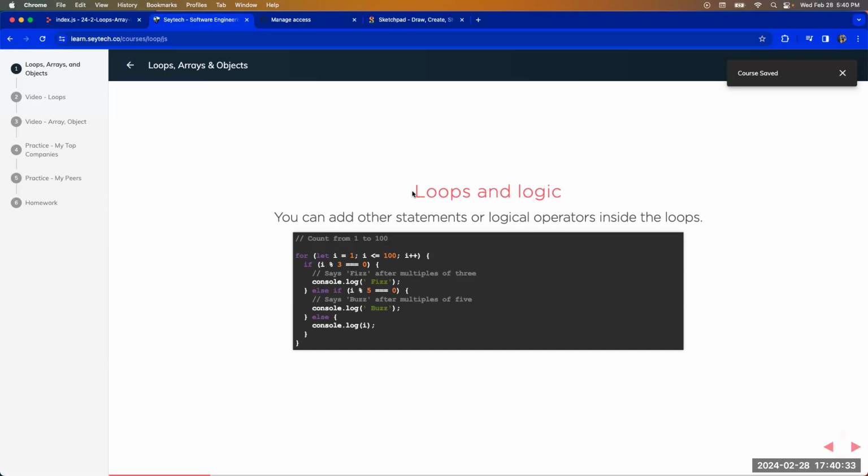Now, I think you guys did FizzBuzz yesterday. Yes. Right, so